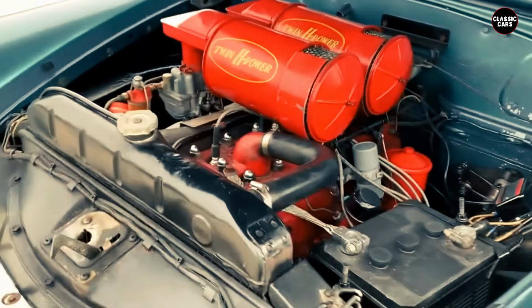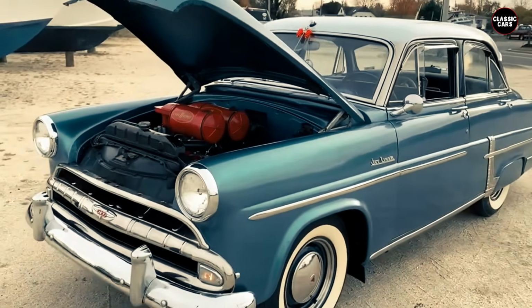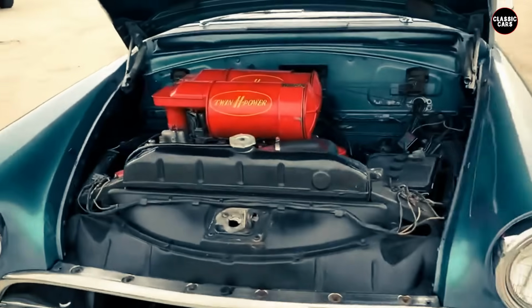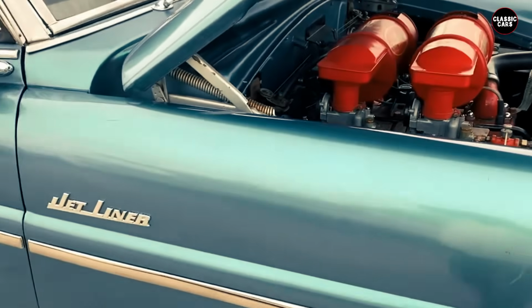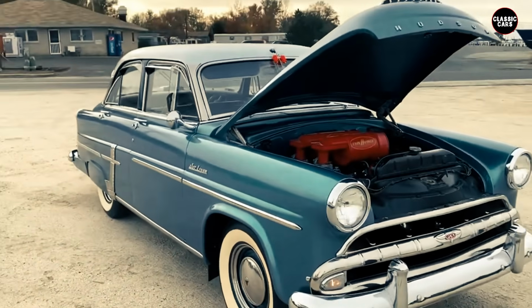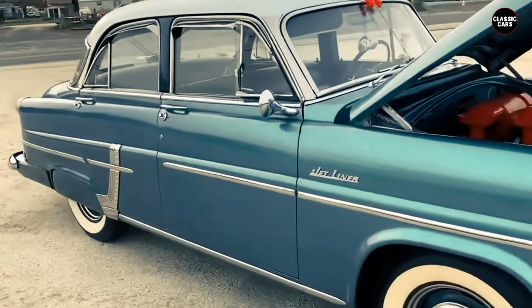The engine, a flathead inline-six, was underpowered and unrefined, offering sluggish acceleration and an agricultural soundtrack. Worse, Hudson's marketing tried to present the Jet as a premium compact, which meant it cost more than similarly sized and far better engineered offerings from Chevrolet and Ford. Buyers were puzzled. Why pay more for a smaller, worse-handling car that was already outdated the moment it left the